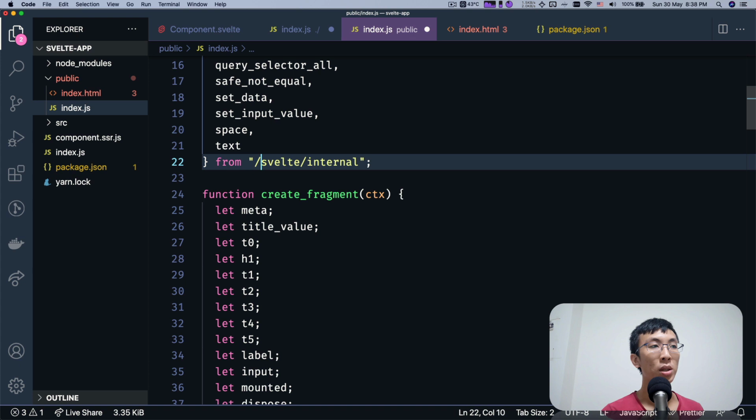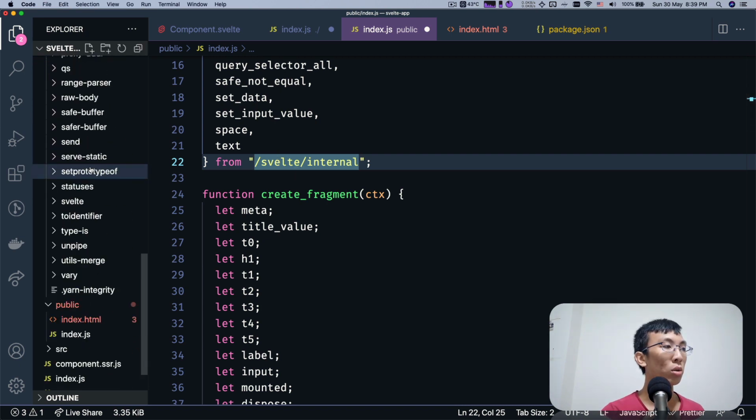So here this will be coming from the root folder, svelte/internal, and you also need an extension so that you know what file to find, right? It's unlike bundling, where the bundler figures out which file to read for svelte/internal.